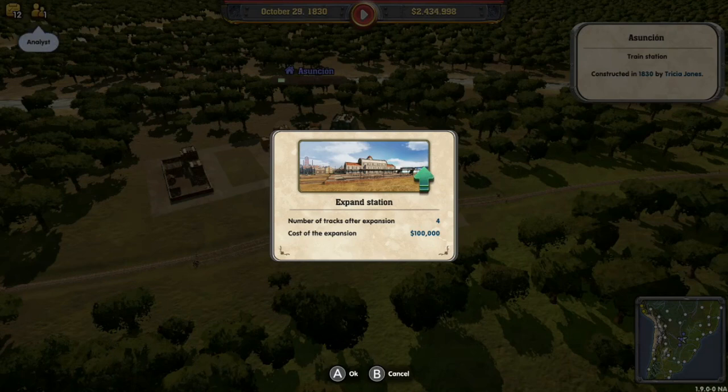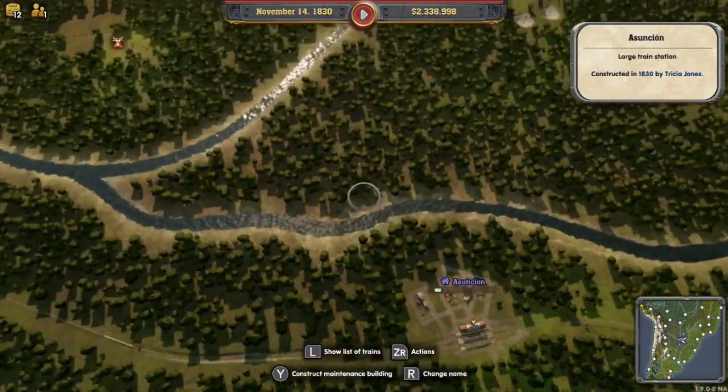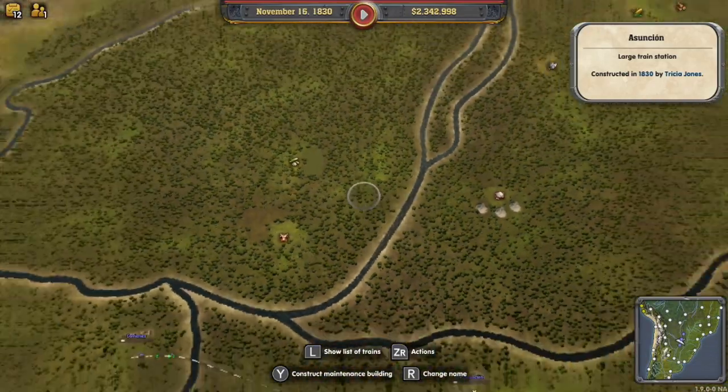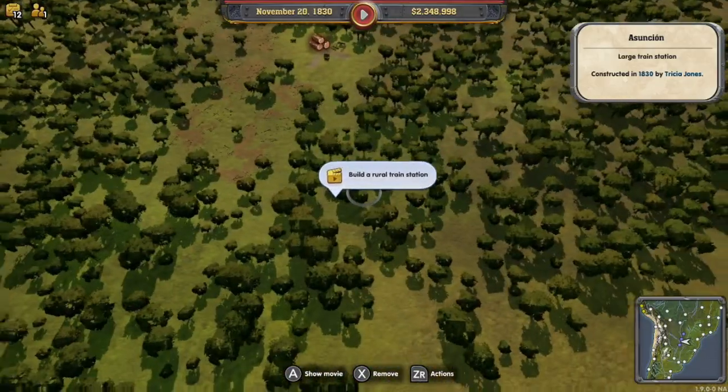Now you can have multiple trains running on the single track if you want, and you can set up the tracks so that there's split paths and things so the trains don't crash. But for the purposes of this demo, it's easier for me just to build extra tracks. So this is now a 3-stop train station, and you'll see why in a second. I'm going to pan back and look for...